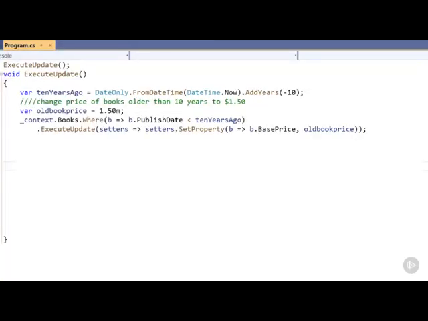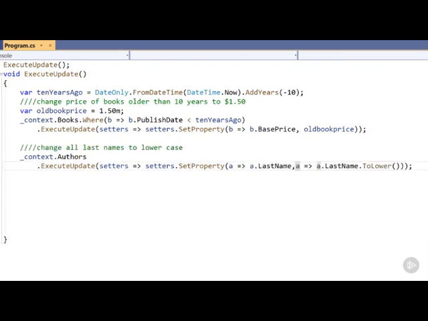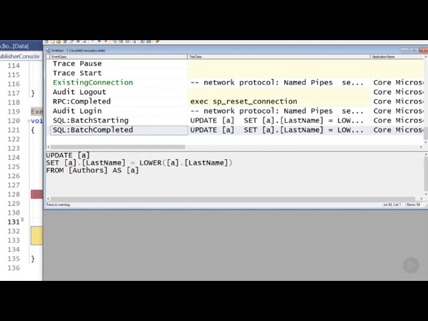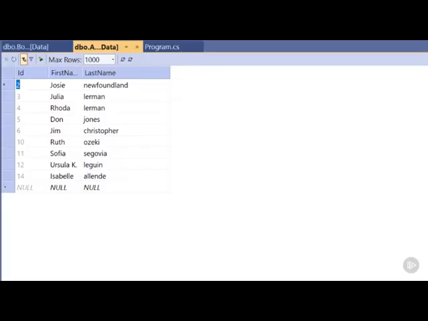You can also change multiple properties in one go if you need to. Sometimes you need to make a reference to a property when providing the update logic. For example, here I want to replace all of the last names with a lowercase version of those last names. And yeah, that's pretty random logic. And this requires a lambda expression for the value. I'm again referencing the last name property and applying the toLower method on it. And again, here's some reasonable SQL for applying that change and showing the data with all of those lowercase last